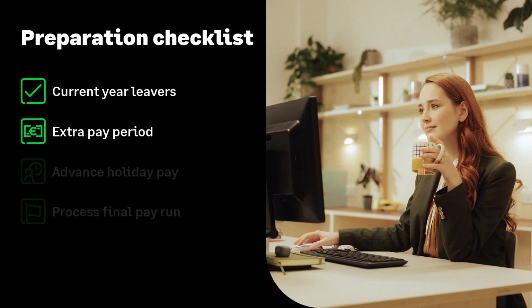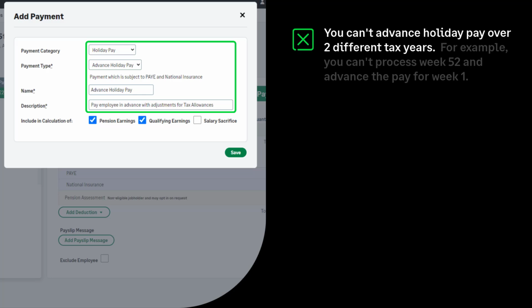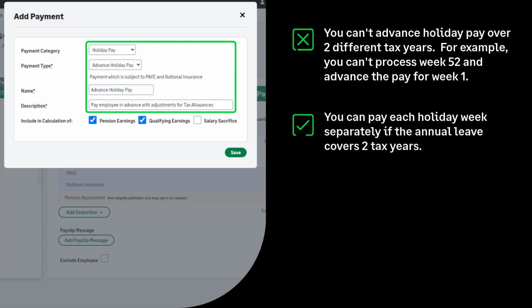Let's move on to the next item on the preparation checklist, advancing pay over the payroll year-end period. You can't advance holiday pay over 2 tax years. For example, you can't process week 52 and advance holiday pay for week 1. If the employee is on holiday over the payroll year-end period, you should pay each holiday week separately without using the advance pay feature.